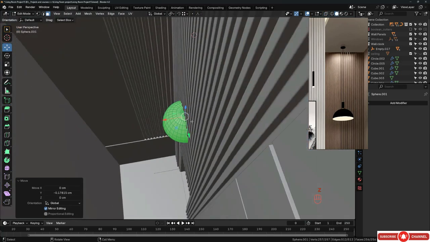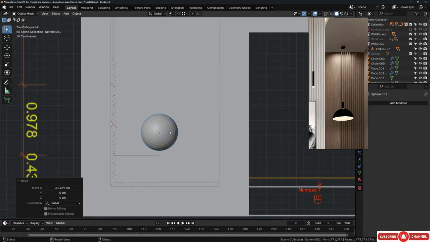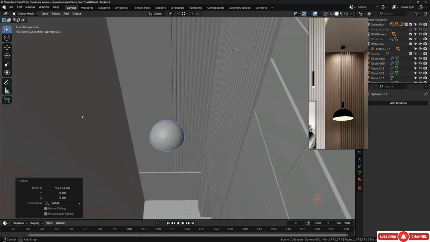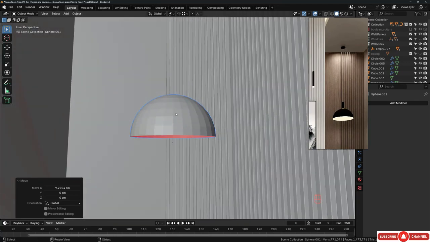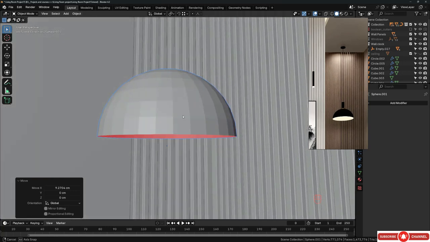And let's go to the perspective. Let's try to put this in the middle, and you can see that from the top. Something like that. It will be okay. Alright, that's very cool. Alright, now we can